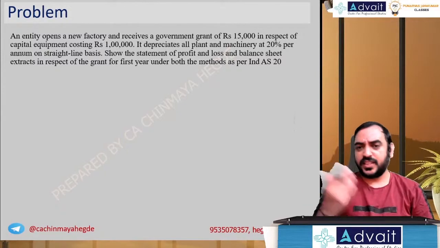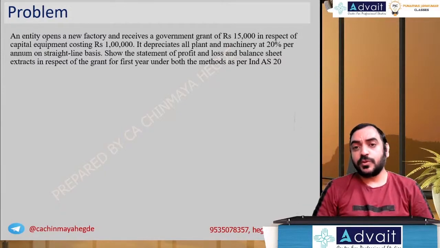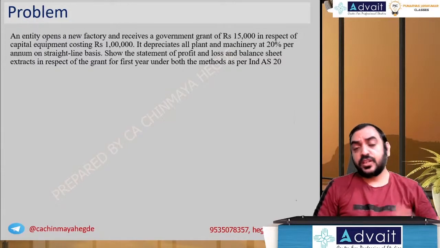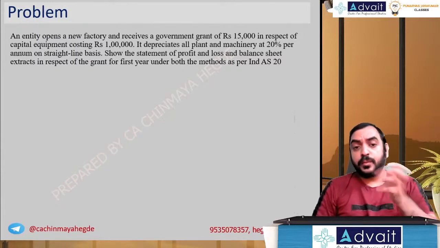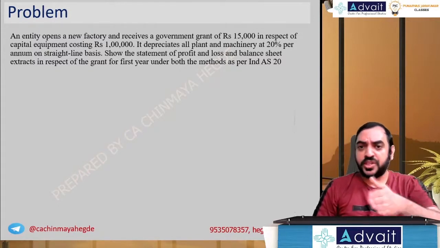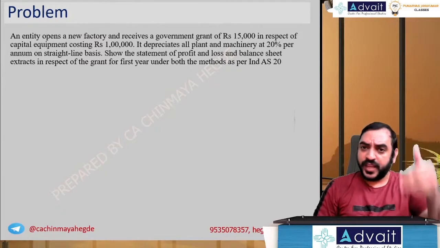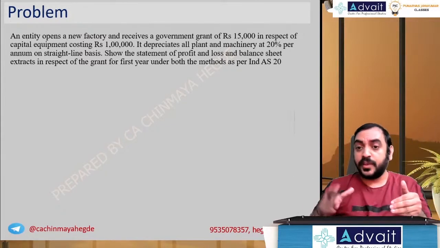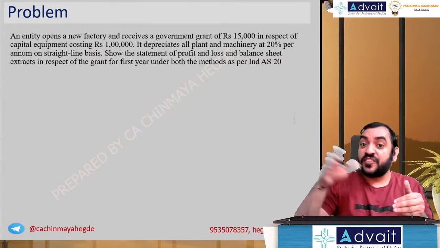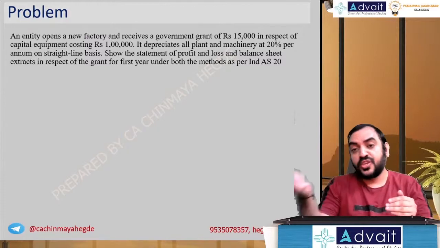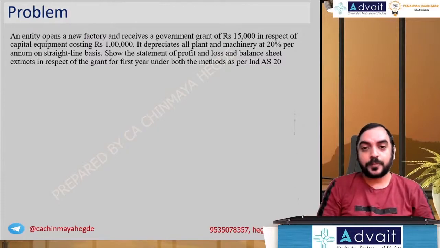The same method as is available in AS 20 or AS 12 also. One option, you subtract the grant from the cost of the asset, the remaining amount you depreciate over useful life. The second method available, the asset you depreciate separately, you take it to P&L account as depreciation. The proportion of depreciation on same basis, you take the grant to deferred income, and deferred income on the basis of depreciation, same proportion, you take to P&L account.